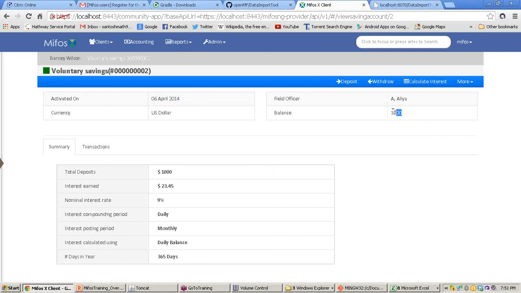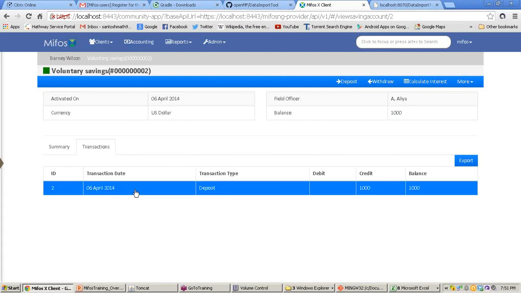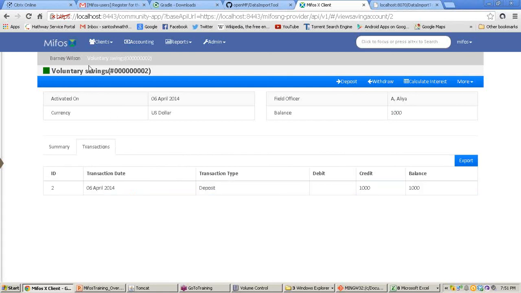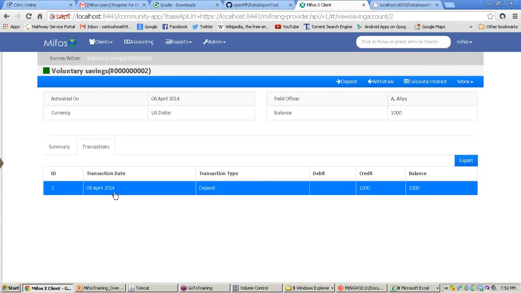Minimum balance and all these things which have been defined in the saving product will be reflected here. And here you can see when he created the account, he has deposited $1,000 US.